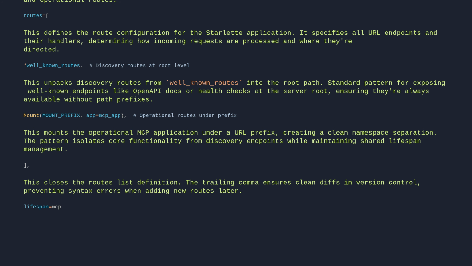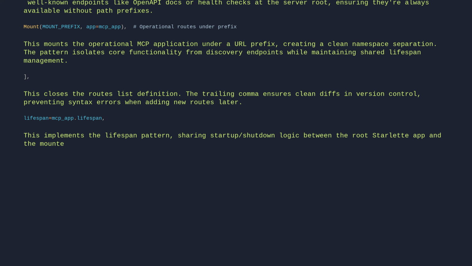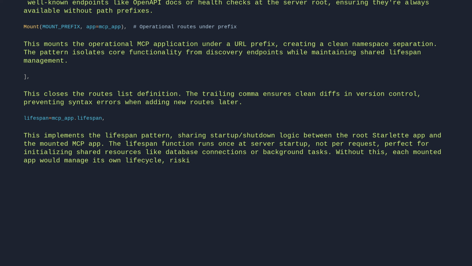lifespan=mcp_app.lifespan. This implements the lifespan pattern, sharing startup and shutdown logic between the root Starlette app and the mounted MCP app. The lifespan function runs once at server startup, not per request, perfect for initializing shared resources like database connections or background tasks. Without this, each mounted app would manage its own lifecycle, risking resource leaks or